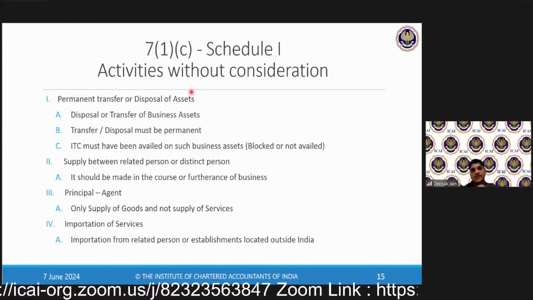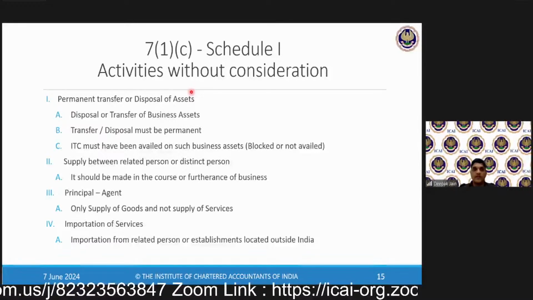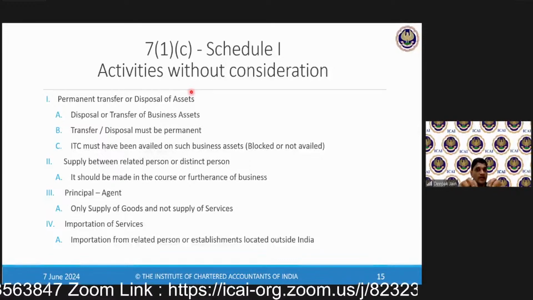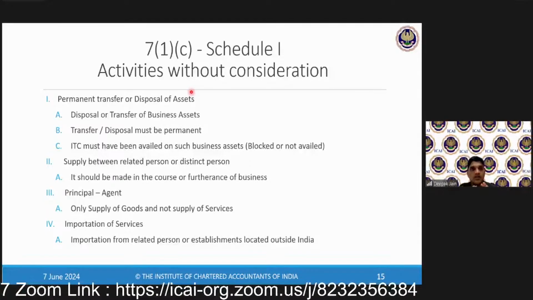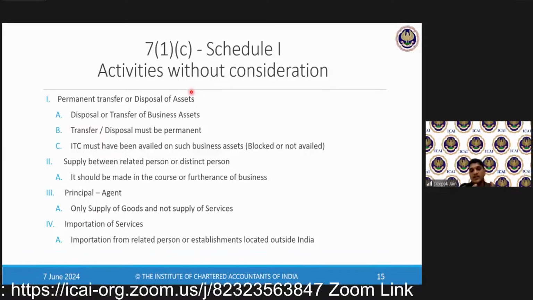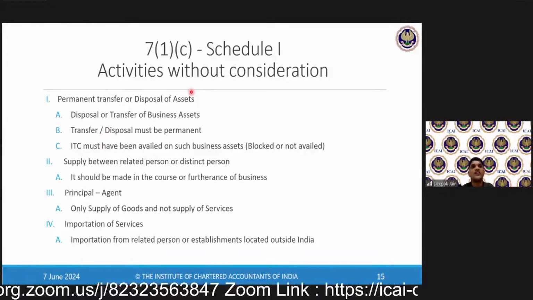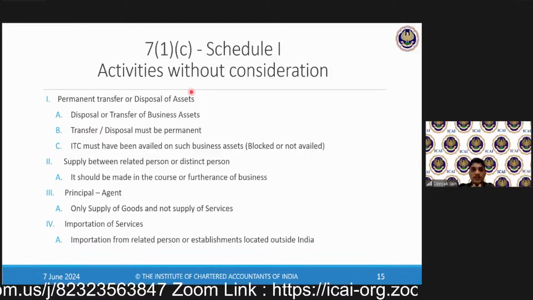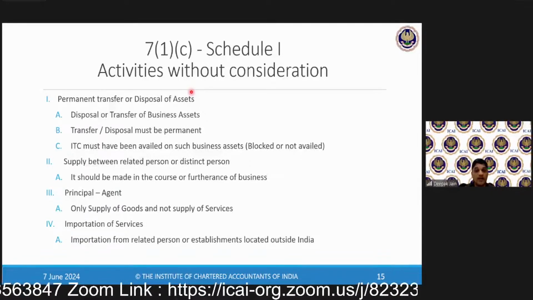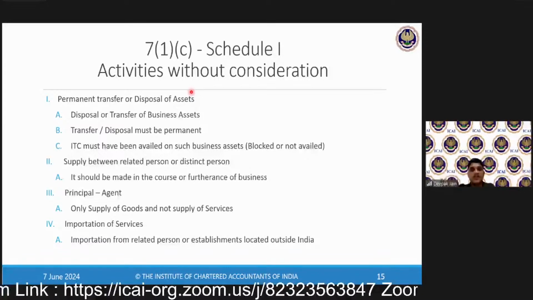They are treated as distinct persons. So any such transaction between these distinct persons is a transfer. We have understood the definition of transfer. So any transaction between these 2 people will be liable to GST because when they do any transfer, the government will not have control otherwise. That's the reason they've said that any transfer between distinct persons will be under Schedule 1. Even if there is no consideration, you have to determine the value of that transaction and pay GST. Will there be a loss? No, there will not be a loss because the transferor will charge GST and the receiver will still get the credit of this.